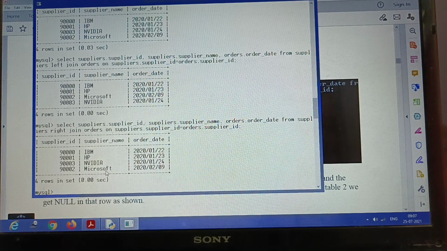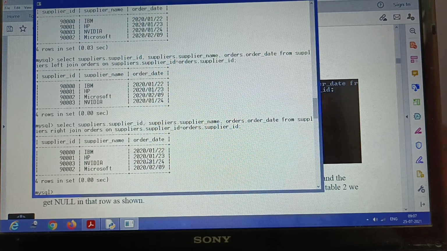So I have taken the orders table first, so only the orders table has been picked up first. So this date is added first, and then the corresponding rows taken from the left table are added. So you can see that only the ordering of the records slightly changes. Other than that, the output in this case is the same. So what I will do is remove the entry in the orders table, because I will do the same thing now from Python.